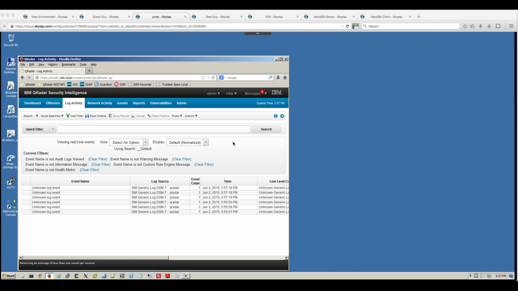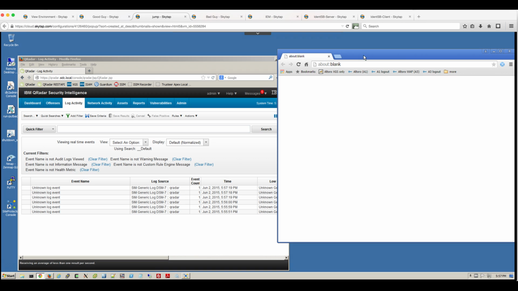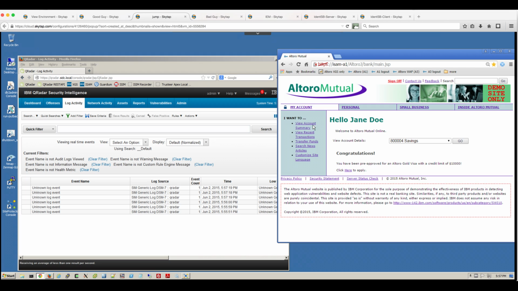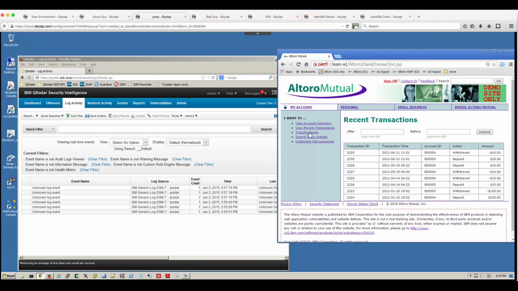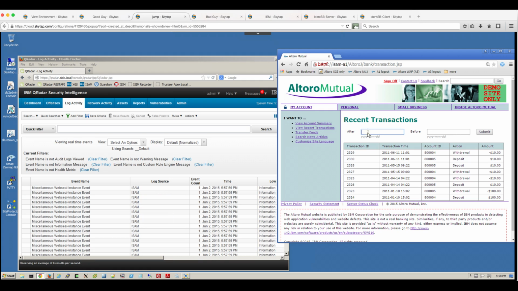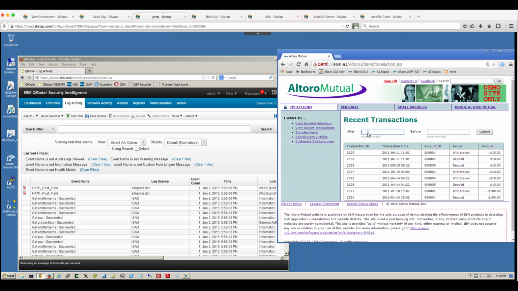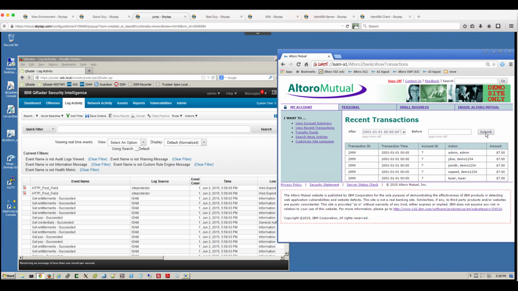So we go here, and we're going to launch a browser. And we are actually going to log in to Altoro using James Doe's stolen credentials, the user ID and password that he got, and he logs in here. He goes into recent activities, and he knows that this field is vulnerable. Notice QRadar detecting all that, but we'll get to that later. And we are going to paste in here the SQL injection that we have. We see the long SQL injection union select type of attack, and we click submit, and we have achieved the